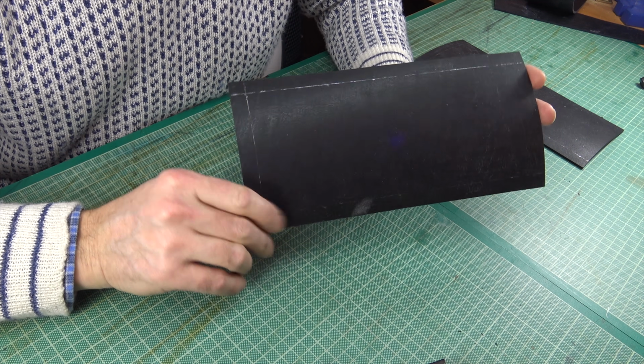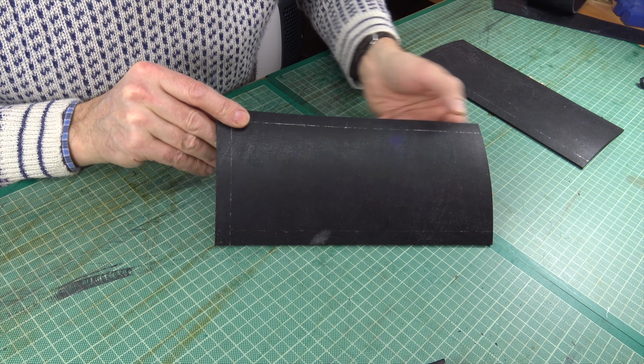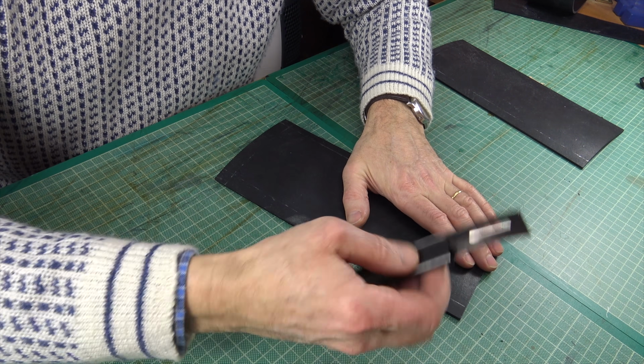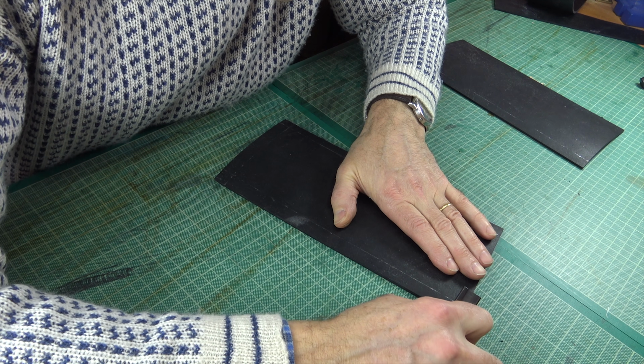It's one of the side panels of the bag, and I've just marked with a silver marker pen a margin around 3 of the edges, and that's the margin that we want to skive down. So the easiest method of doing it, as I say, is to use one of these little bladed knives and very carefully at an angle go along